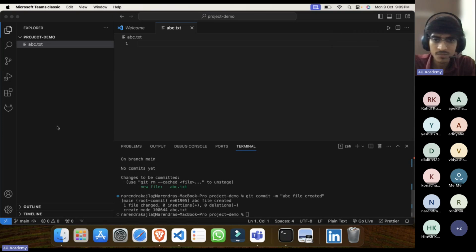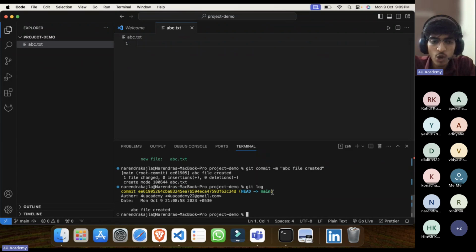Yes. So git log. When you use git log, you will see one ID for that commit, and the author. For your account, we did the configuration. So it shows who made the change, the username, email ID, at what time, and what the change was. What was the purpose of it. All this information is saved in the history.